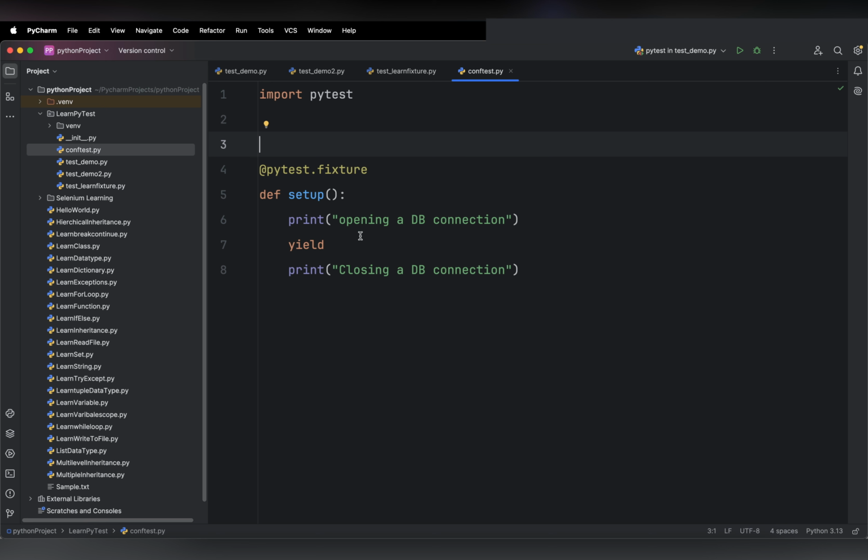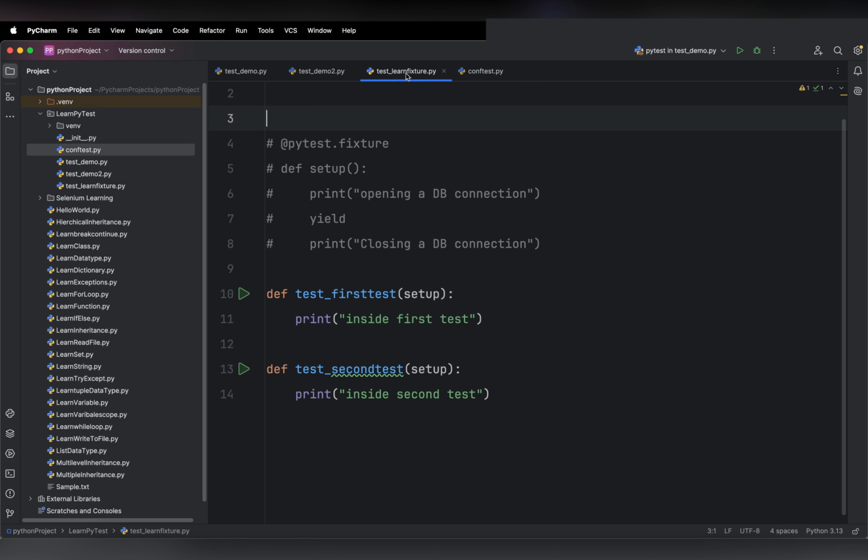And in this case, this setup fixture is present in this ConfTest file. So, whatever we are doing as part of this fixture before test and after test, opening a DB connection and closing a DB connection, the same thing is getting executed for all these test cases. Okay. So, now we understood we do not need to write this kind of common fixture in all test files. We can just write it once in ConfTest file and then use it across multiple test cases. So, in this way we can reduce the code and make it more optimized by placing our fixture in the ConfTest.py